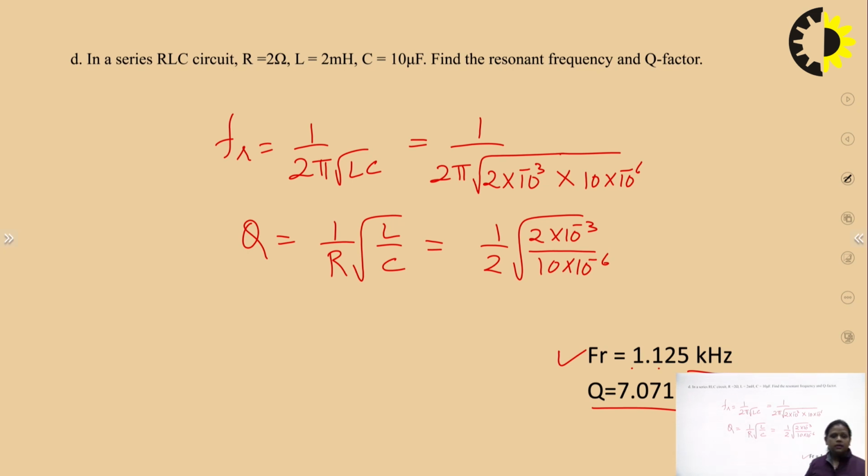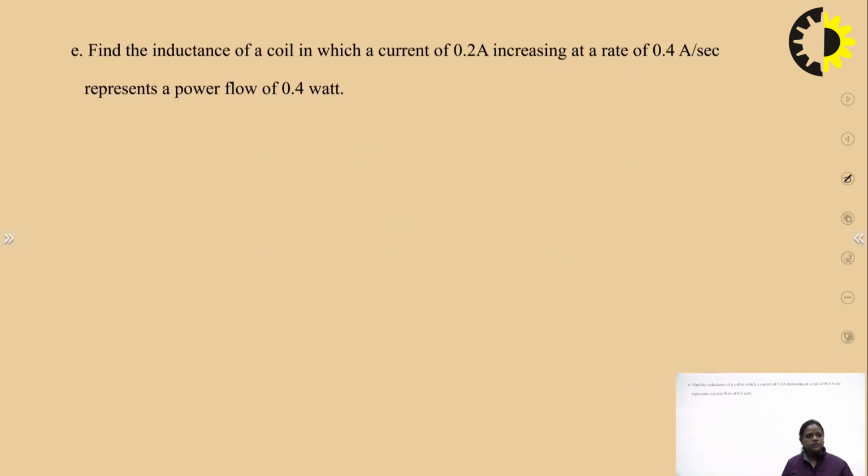Similarly, the question can come for the parallel circuit also, to find the resonant frequency and the quality factor for the parallel RLC circuit, where RLC values will be given to you, right? So, these are the formula based questions, 2 marks questions. Then question number E,